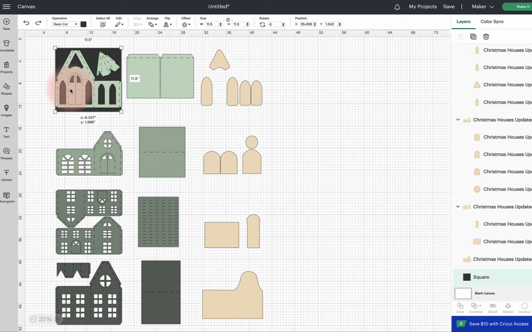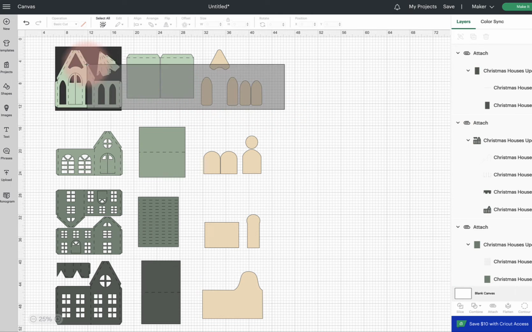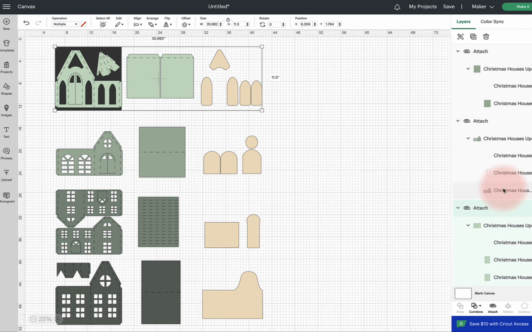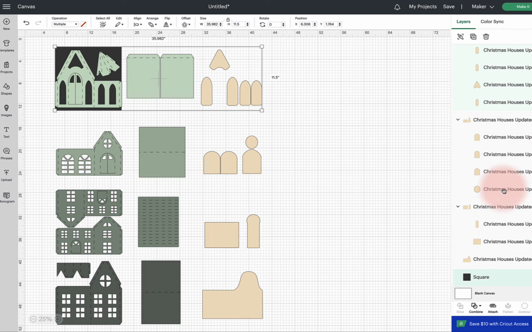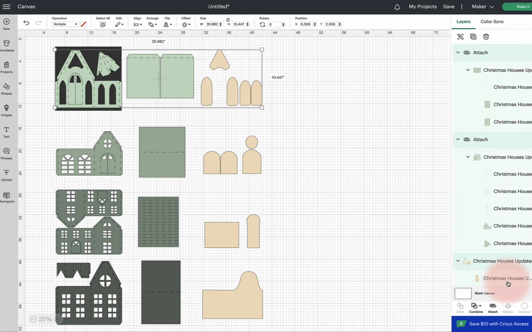We can tell that it's just slightly big. So what we will do is select everything in there, and then I'm going to come over here to the layers panel and hold my Command key down and deselect that black square. So now you can see we're sitting on top of this 11.5 by 11.5 piece of paper. I have selected all of the house pieces in that one file,